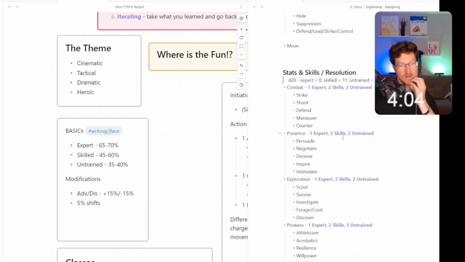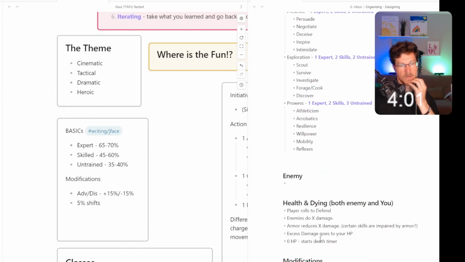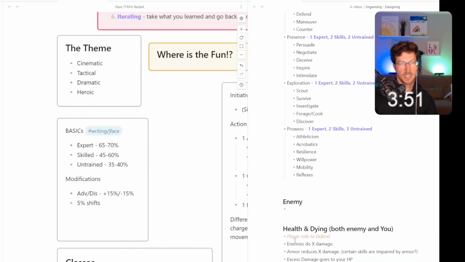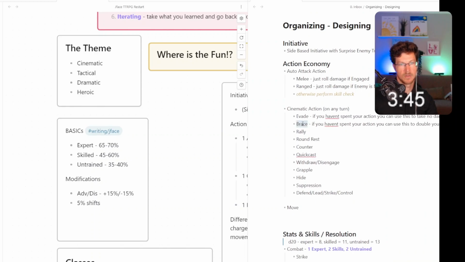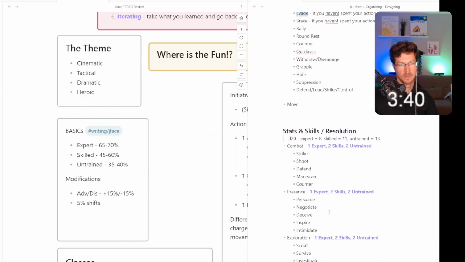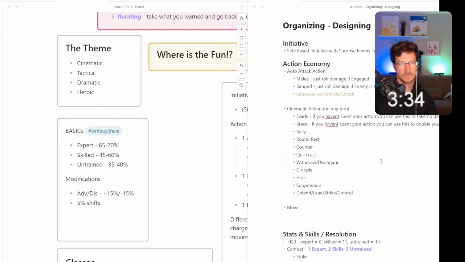So maybe we get rid of this roll because that's redundant, right? If you're gonna get hit and you're gonna take damage and your armor is gonna reduce it, but if you spend a cinematic action, you can double your armor or you can evade, right? And evading is based off of, let's just turn this into evade, a skill that you have. Okay.